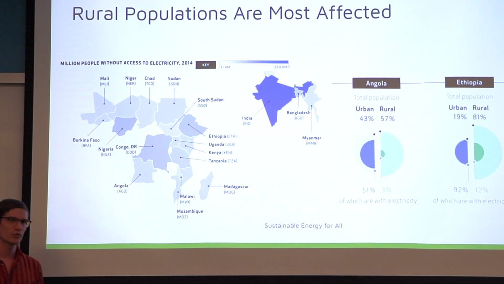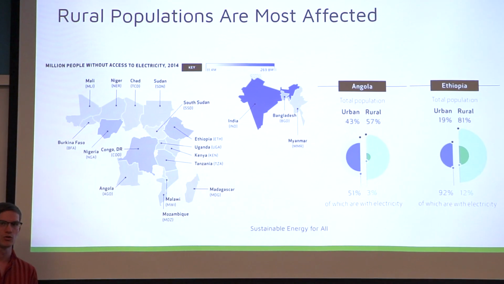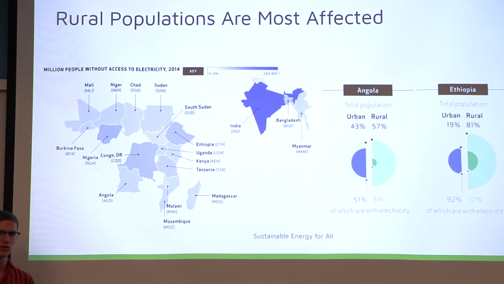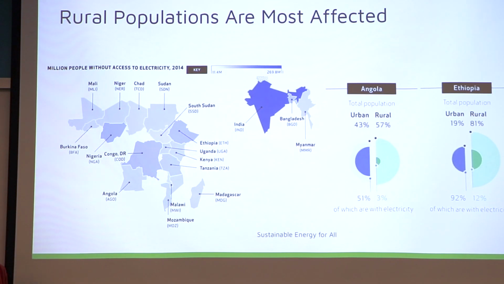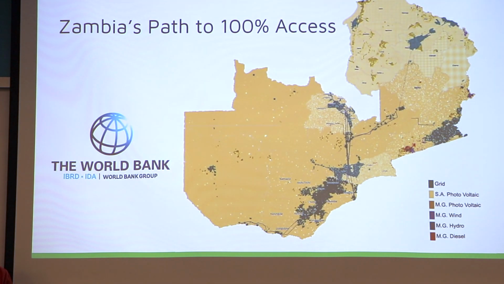And so that really raises the question for planners, how do we extend access to these overwhelmingly rural populations spread across large swaths of land? Are grid or off-grid technologies better suited to this challenge? To help address this question, there are what's called electricity access optimization toolkits. These toolkits look at the feasibility of grid and off-grid power solutions such as microgrids using hydro, solar, wind to extend access to 100% of a study region.